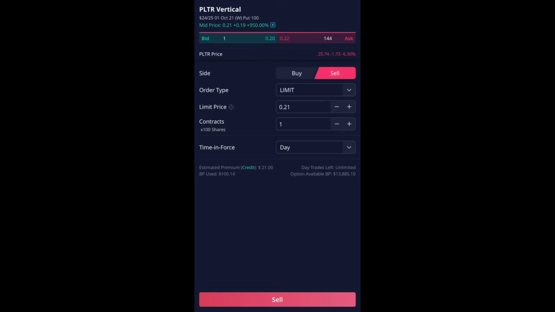That means if the stock price doesn't dip below 25, I'll be keeping that $21 within 3 days. If it goes higher than that, I'm only going to make $21. But if it goes way down low, all the way to $23, I'll start to lose my full, in this case, $79 in total. I'll be losing. So I'm going to hit sell,